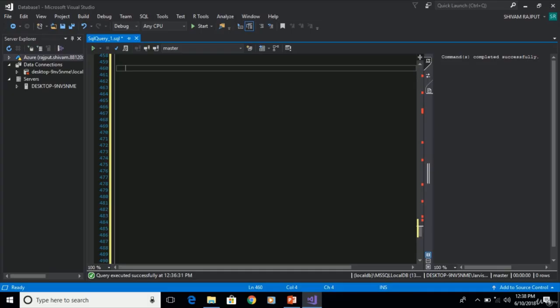First one is unique constraint. This constraint ensures that no two rows have the same values in the specified columns. For example, create table employee, parenthesis. Here we are giving a name to the column, that is Ecode. Data type integer. Now here we define the unique constraint, that is